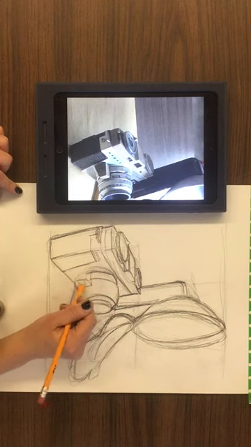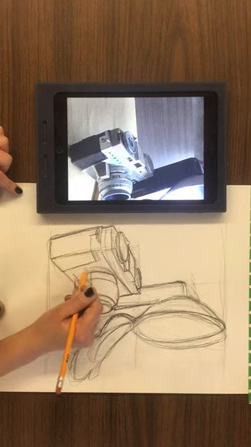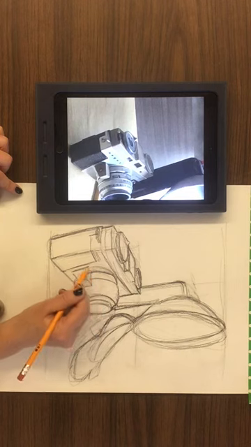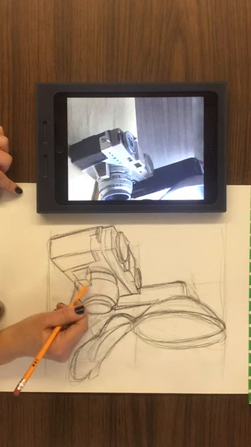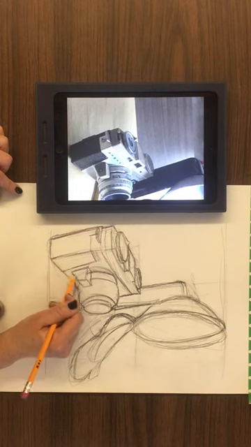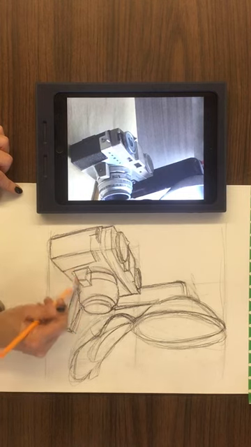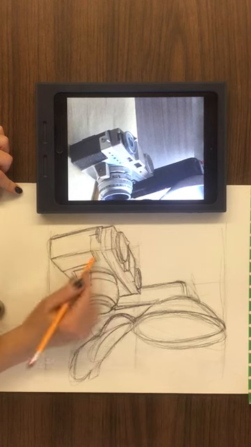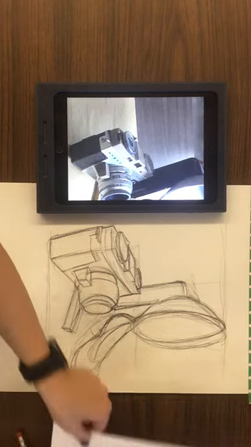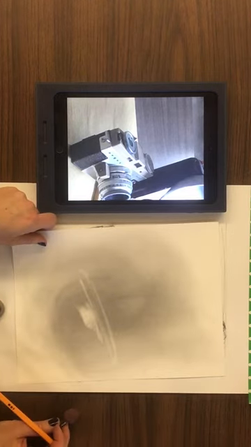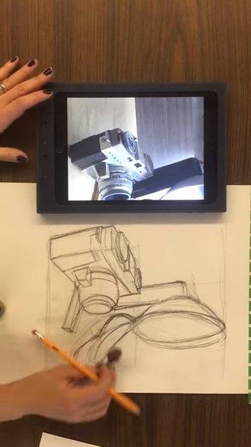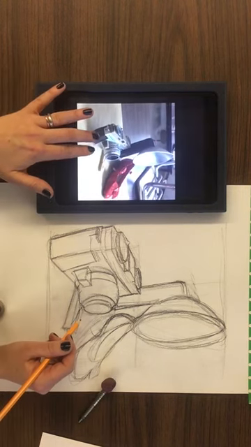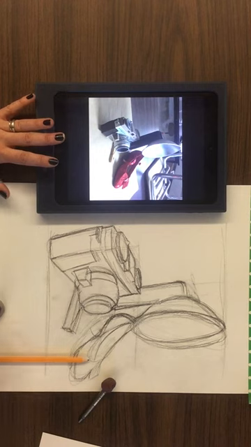After I get this part done, my next step is to map values. And instead of just drawing out where the values are going to go, I am going to choose to just use graphite powder and make the values on the page. So at this point, I'm going to take the whole thing and turn it into a gray, like this. And then I'll be going in and erasing the highlights and adding shadows. So the graphite powder